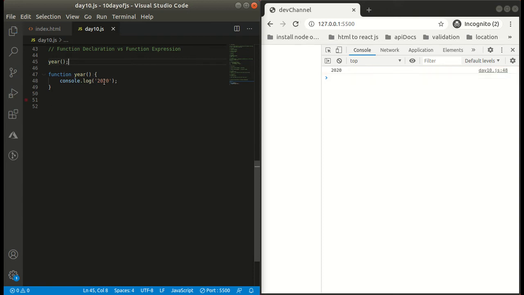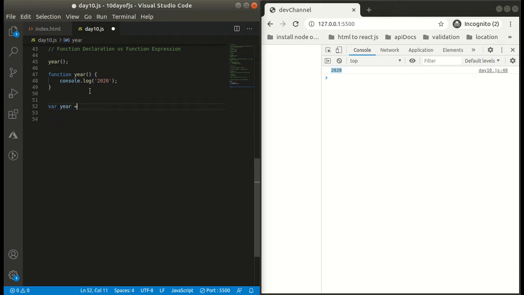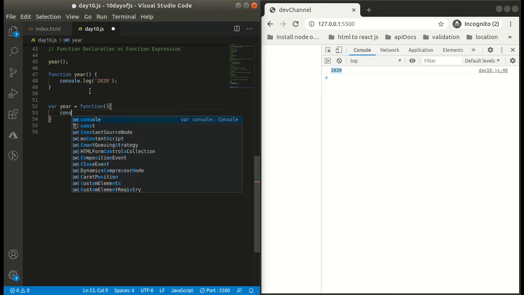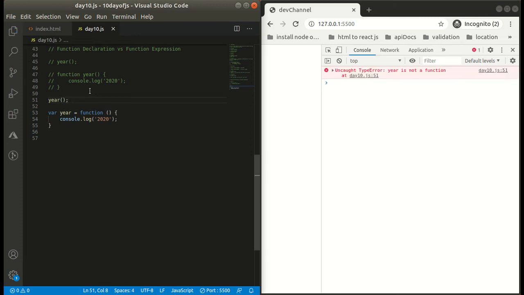Cool, we got our output. Now let us do the same with function expression. We got an error, year is not a function.